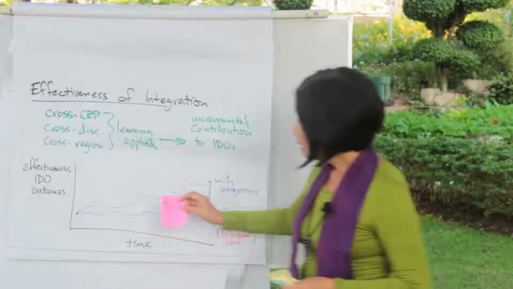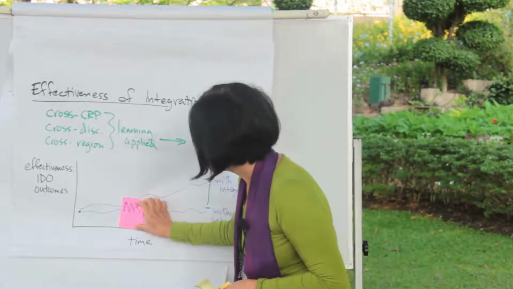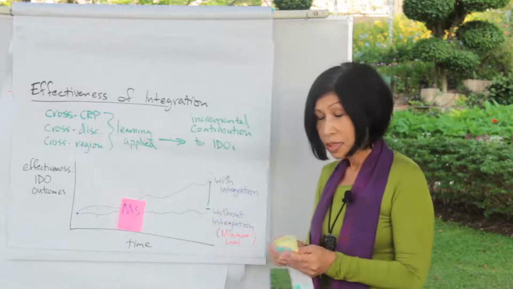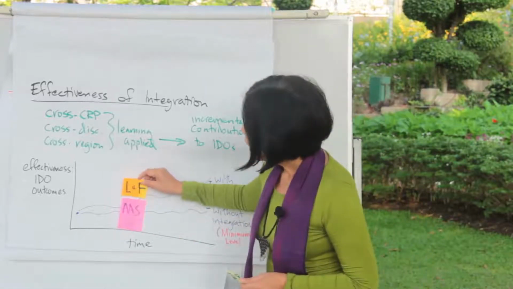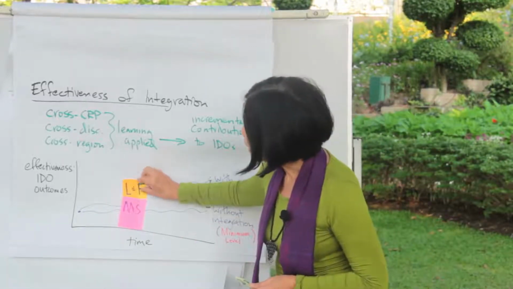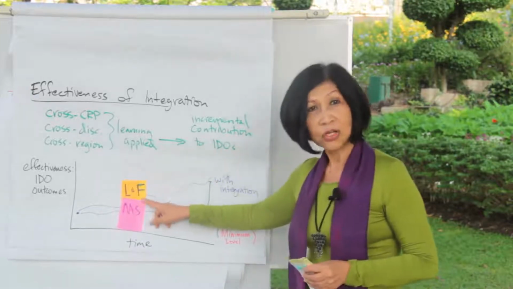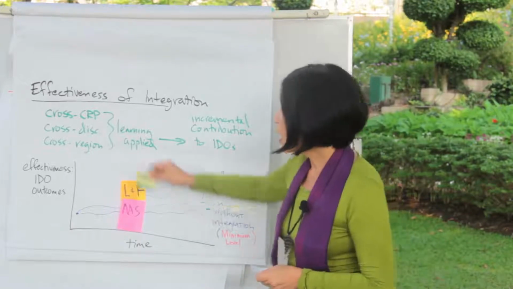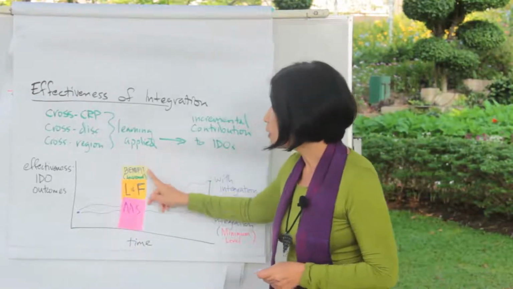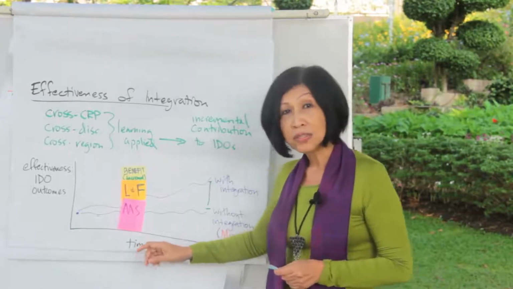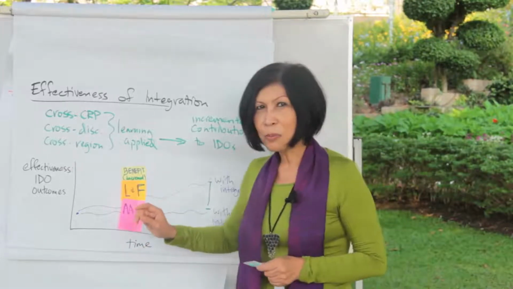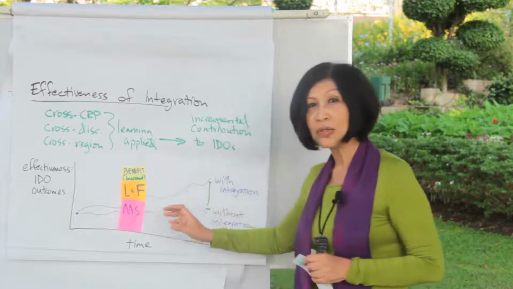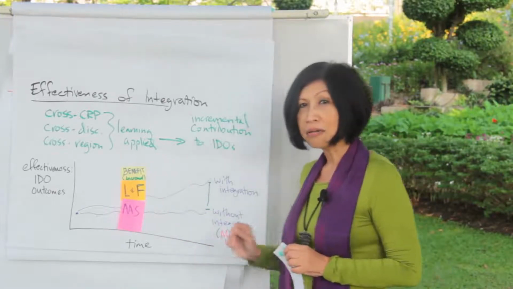We are saying that AAS by itself will probably bring about this impact on the IDO. Integrating the livestock and the fishery sector will bring about this benefit. By working together, we are expecting that the benefit of the integration will be higher because there are some commonalities, there are some joint learnings, there are some lessons that could be learned from each other.